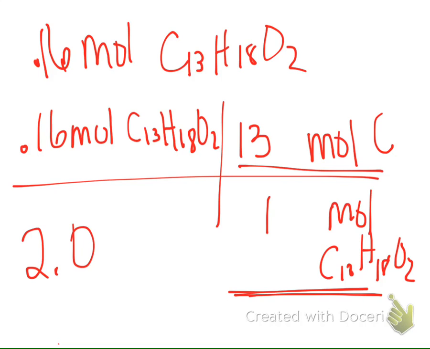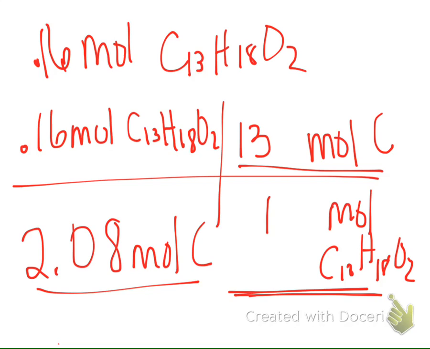2.08. That's moles of carbon. That's how many moles of carbon are in 33 grams of this ibuprofen molecule that we're looking at. 2.08 moles of carbon. Are we on the same track right now, you think? Following along? Right now within that 33 grams of ibuprofen that they gave us, we have 2.08 moles